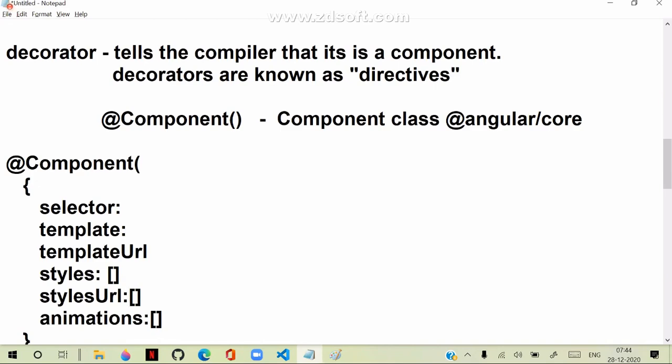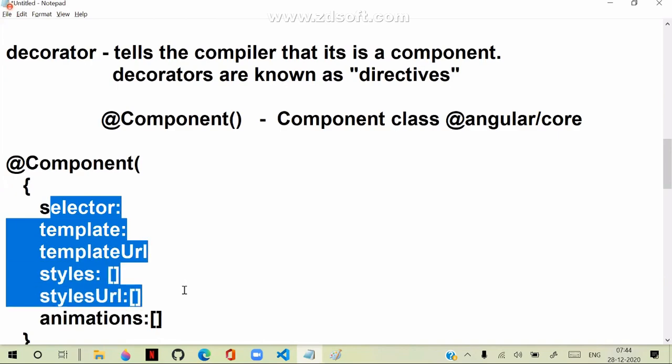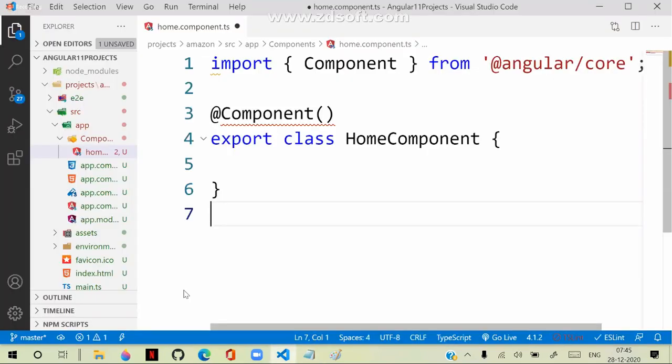These are all the various properties, the metadata, defined for a component. We will see them gradually, one by one.